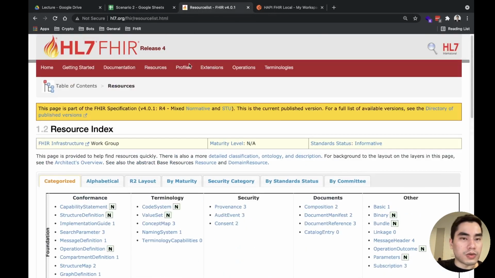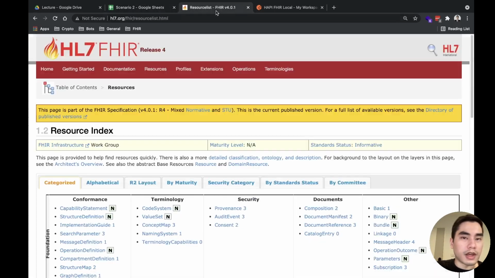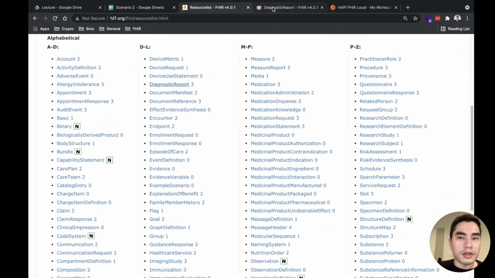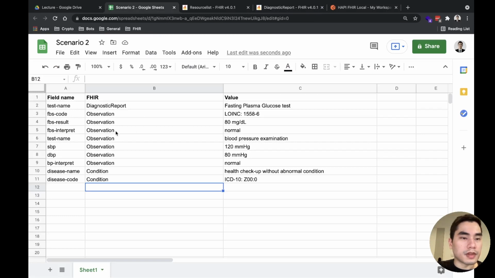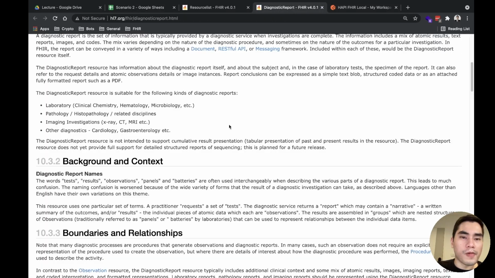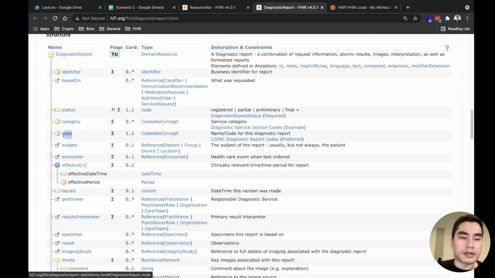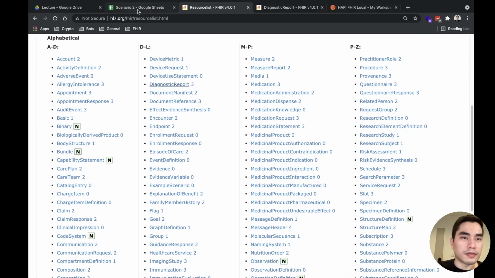So let's go to diagnostic report to see. We have the test name. The test name is inside this code thing.